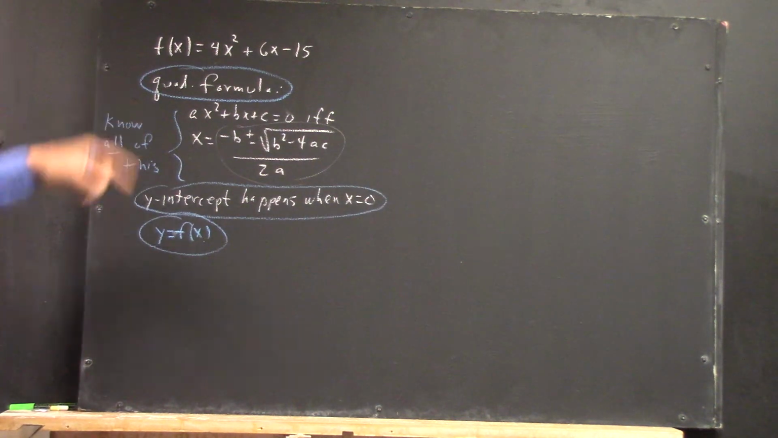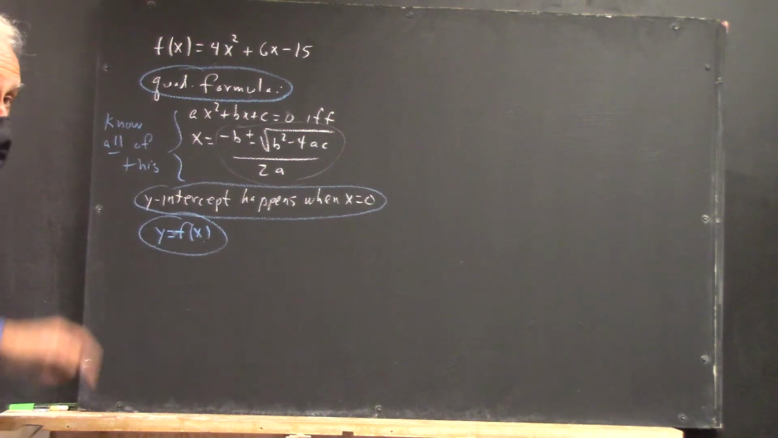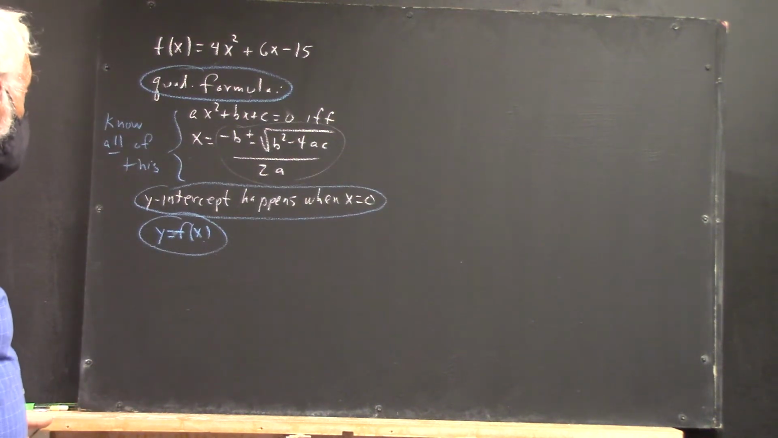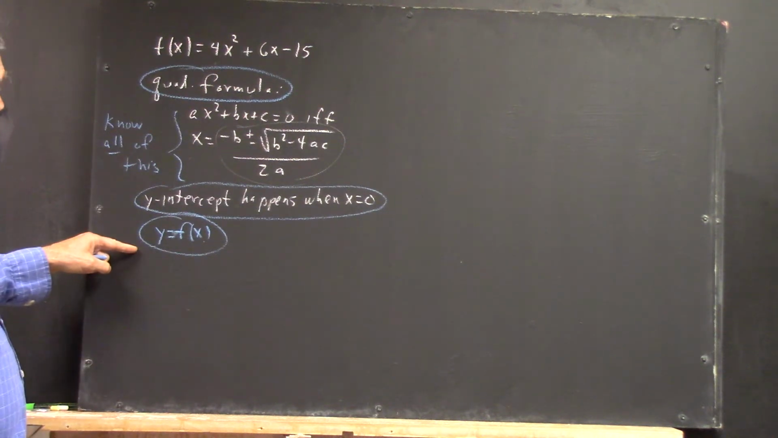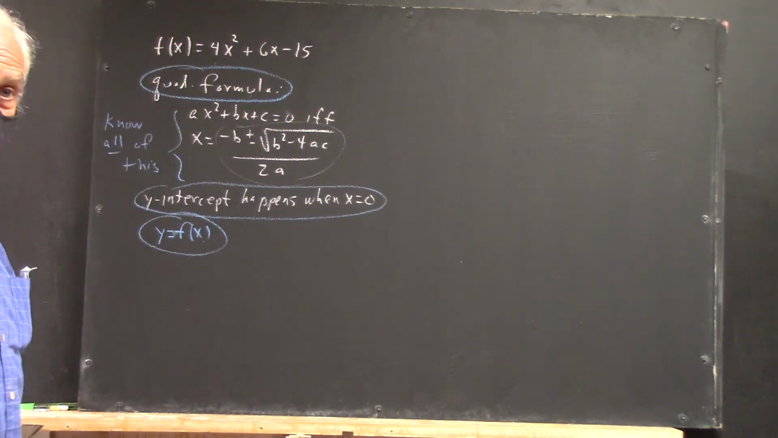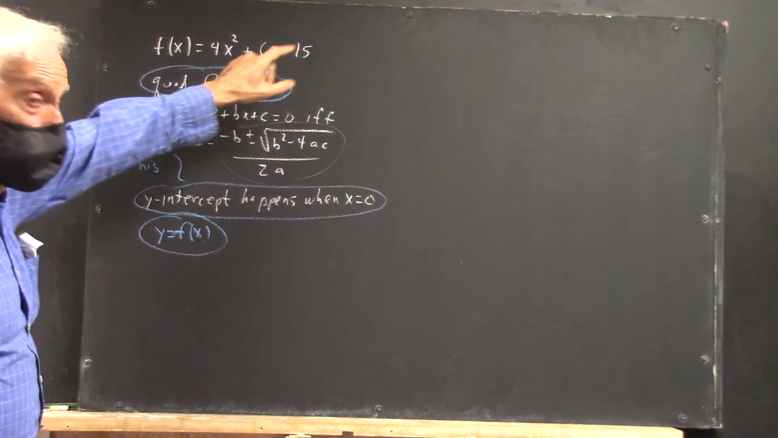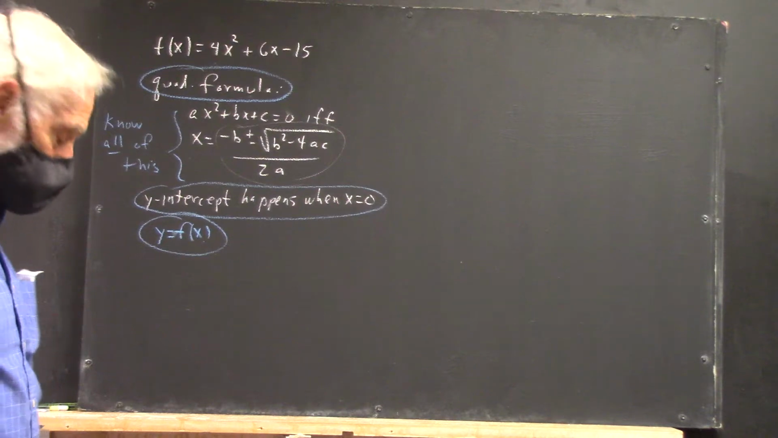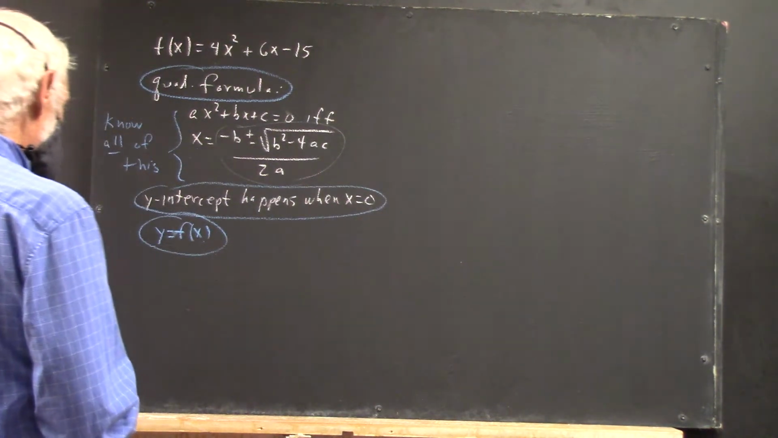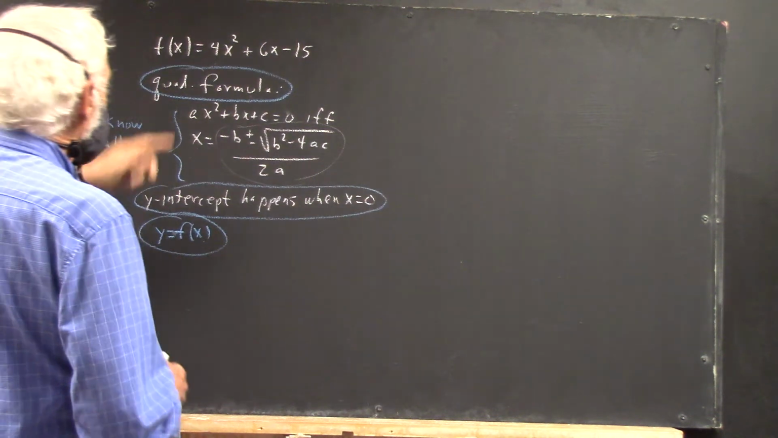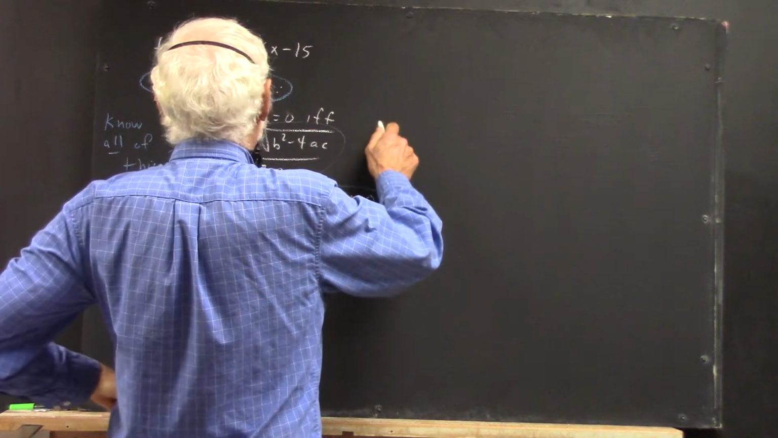So anyhow, these are three principles. This, and this. You simply have to know these are true. And this and this, of course, are true no matter what your function is. Now this applies just to quadratic functions and quadratic equations. So using the quadratic formula, we find